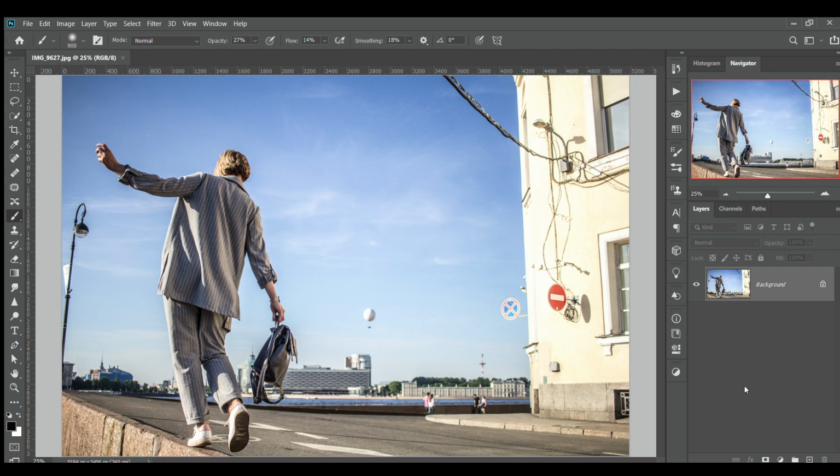And now it's your turn. Look closer at this image and decide what would you remove here. So here's what I changed on this image. I decided to remove the street signs on the building, and on the left side I removed the street lamp,